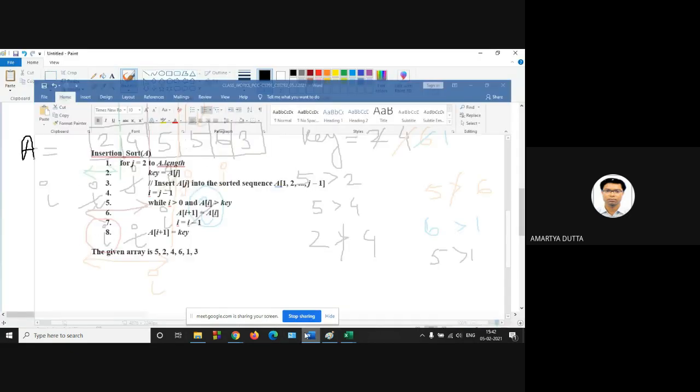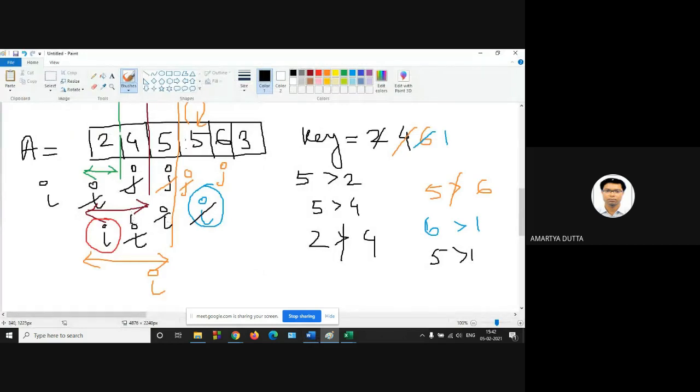Next, again decrement the value of I, and in a similar way there will be 4. Again decrement the value of I. So I will be at this position.